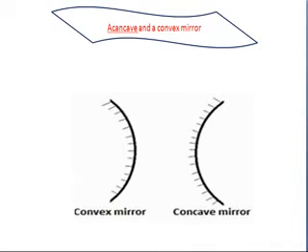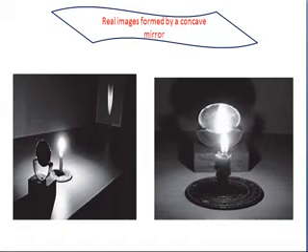Now, I will talk about the real image and the virtual image. An image which we are able to form on a screen is called a real image, and the image formed by a plane mirror could not be obtained on a screen. Such images are called virtual images. Now, let us see the example. Here you can take a candle, you can put a mirror on one side and a screen on the other side. You can see the image of the candle or of the flame on the screen. So, this will be what type of image? An image formed on a screen is a real image.